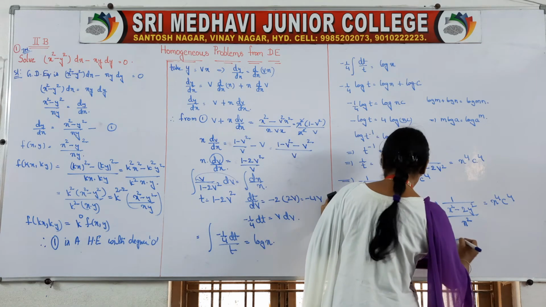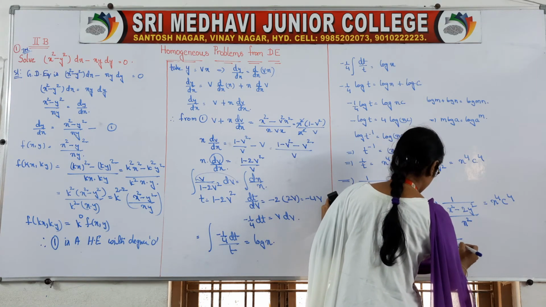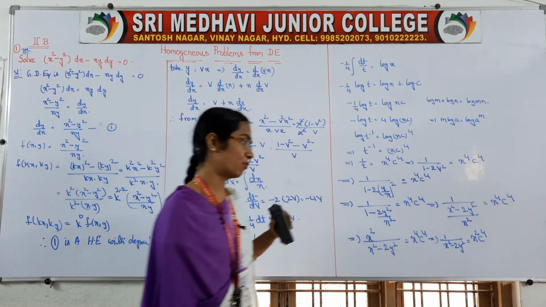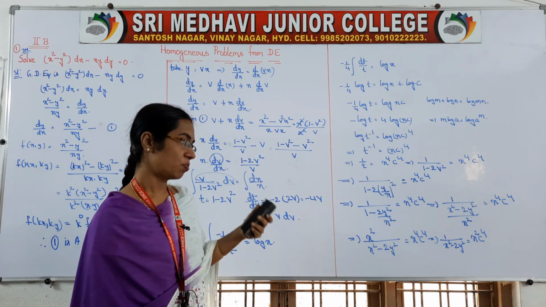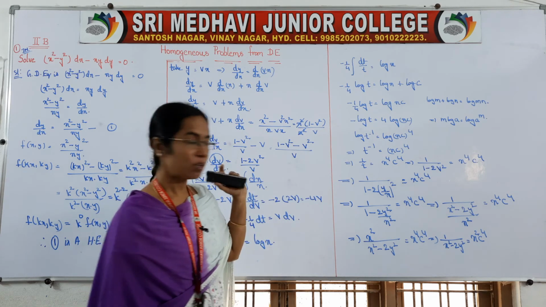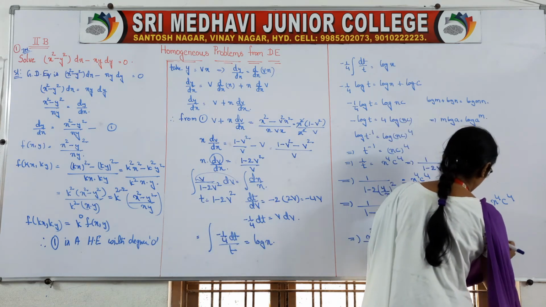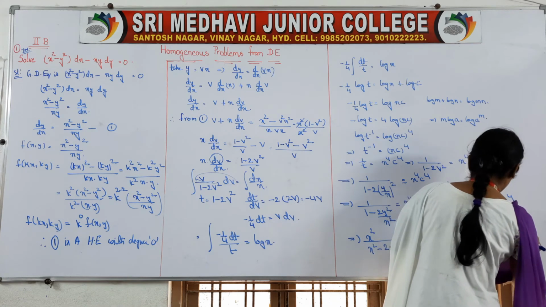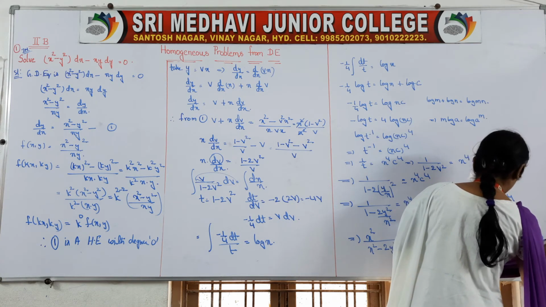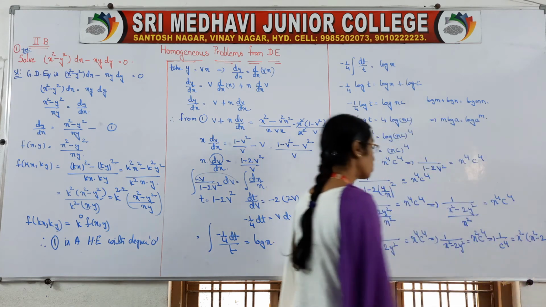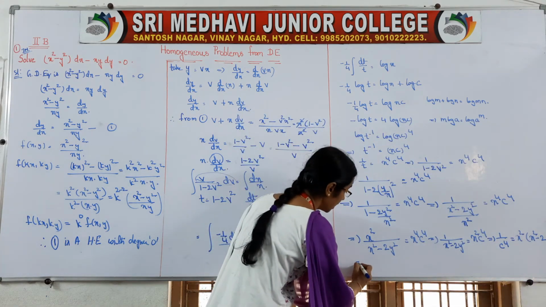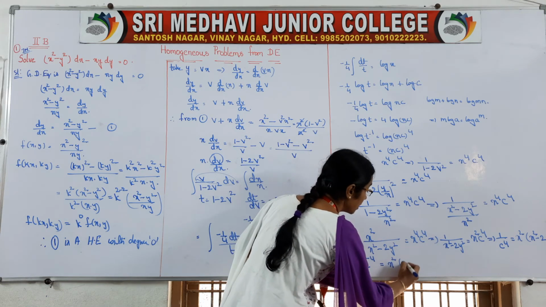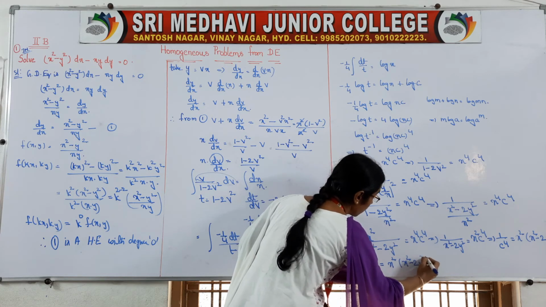So we will have 1 by x square minus 2y square is equal to x square c to the power of 4. Okay. So bring that c to the power of 4 this side and send this value the other side. Then you will have 1 by c to the power of 4 is equal to x square into x square minus 2y square. So 1 by c to the power of 4 can be written as c to the power of minus 4 is equal to x square into x square minus 2y square.